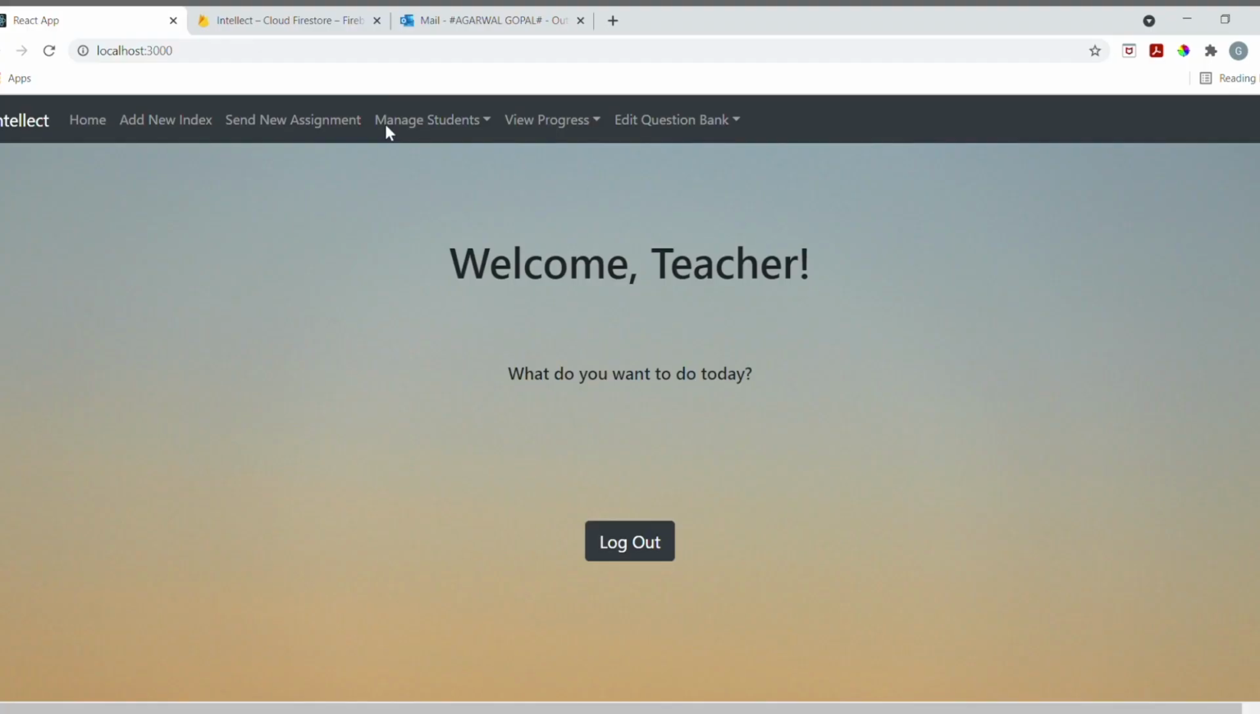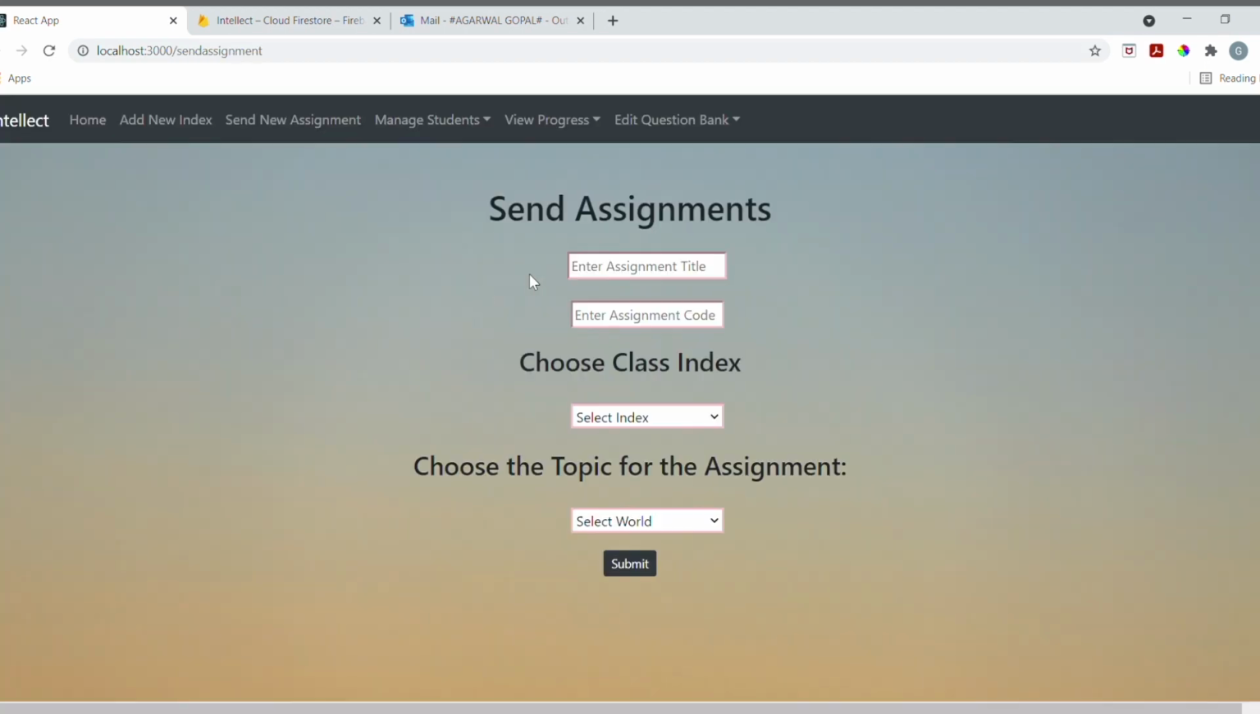On the teacher side, we try to send a new assignment from this particular teacher. We click on the send new assignment tab, and this displays a few input parameters which have to be filled out by the teacher. Let's say the assignment title is EngSoc, Engineering Society, and the assignment code is HW0001, and the class index that the teacher wants to send out is SS1, and the topic, which is basically a world that the teacher needs to select, is World 1. And when they click on the submit button,